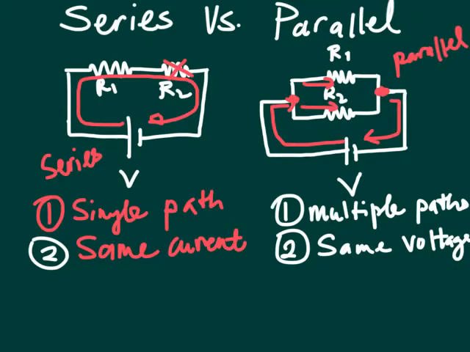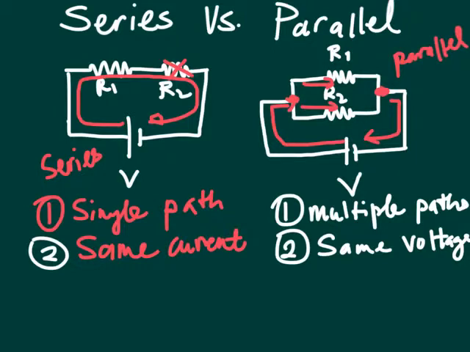So this is how to recognize if two elements are connected in parallel. First, there has to be multiple paths for charges to flow, and the potential difference across the elements has to be the same. And a consequence of this is the fact that